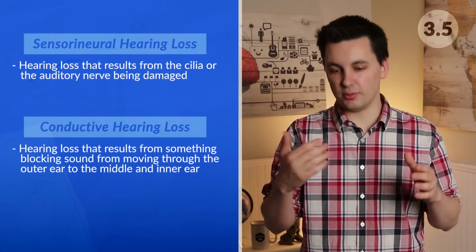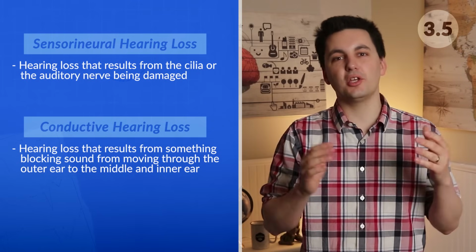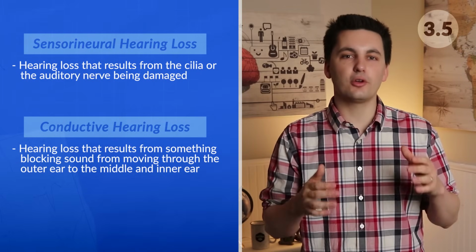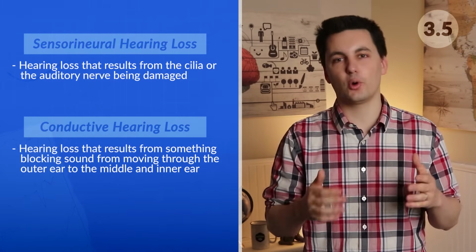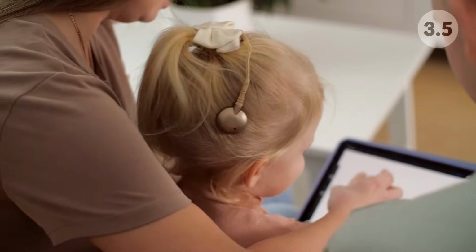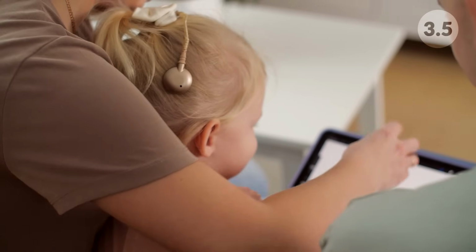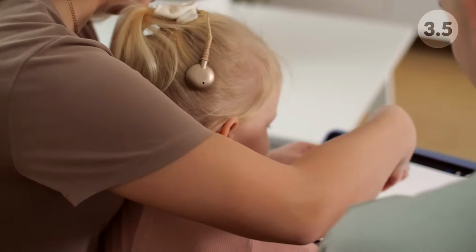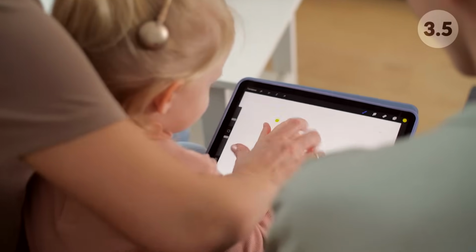This can be because of something blocking the outer ear or because the ear was damaged and can no longer have sound travel through the auditory canal. If individuals are experiencing hearing loss, they can get a cochlear implant, which is a device that converts sound into electrical signals. These signals help stimulate the auditory nerve and allow for the signal to be sent to the brain. Or an individual can get a hearing aid, which amplifies the sound to allow an individual to hear different sounds